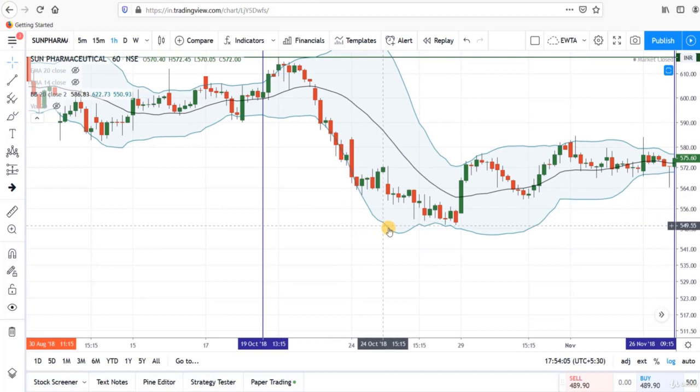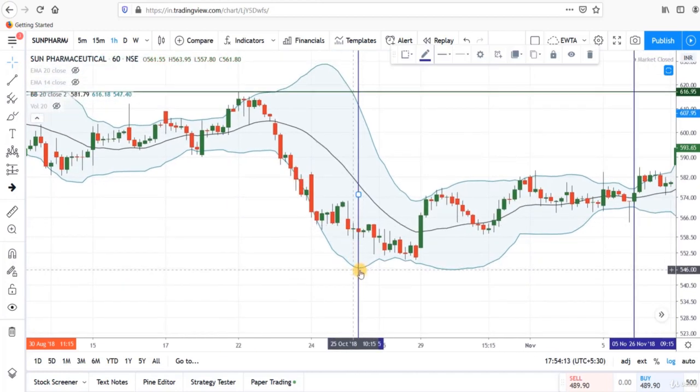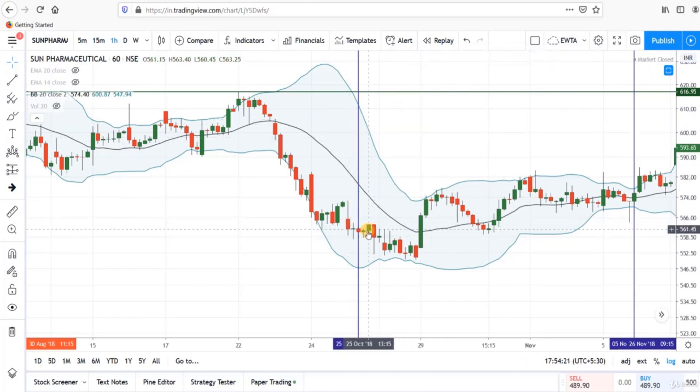But here you can see from this point, this band is going in upward direction, this band is going in downward direction. So we can expect that volatility will decrease now, and after this point, you can see prices are going in upward direction, there is a retracement in the prices, and this was the end of this downtrend. So with the help of other indicators like RSI, moving average, we can trade in the same direction.